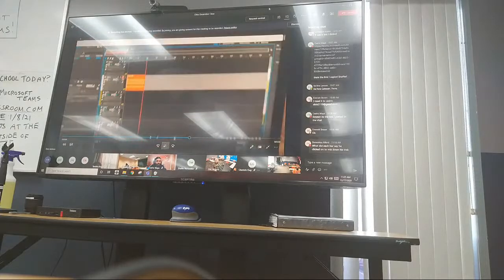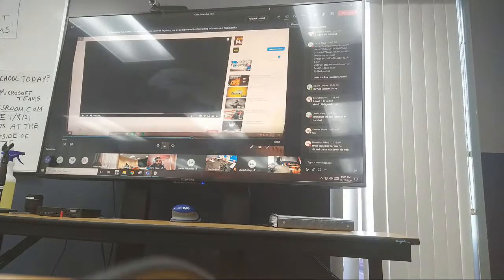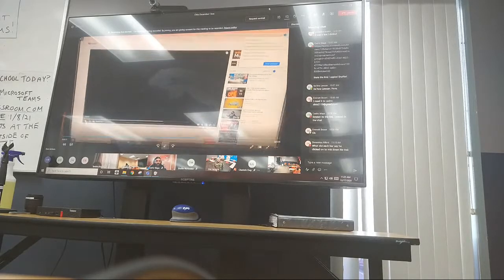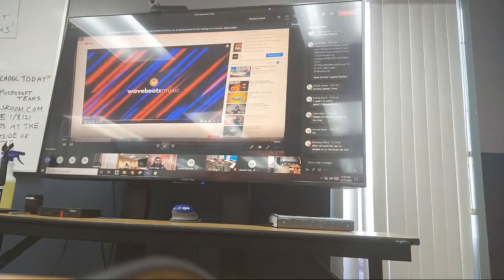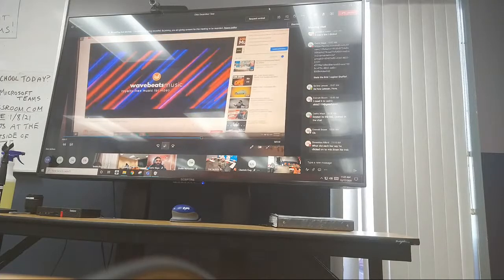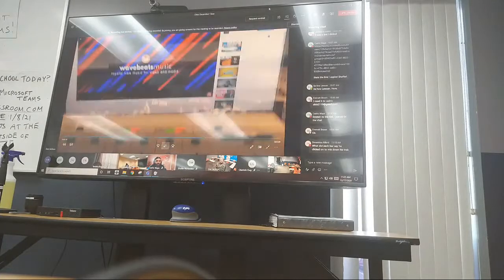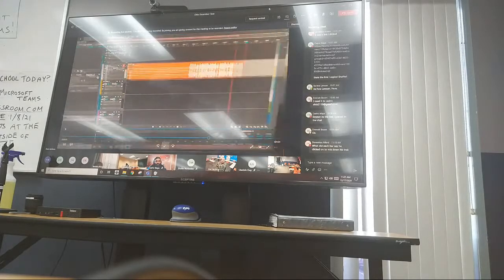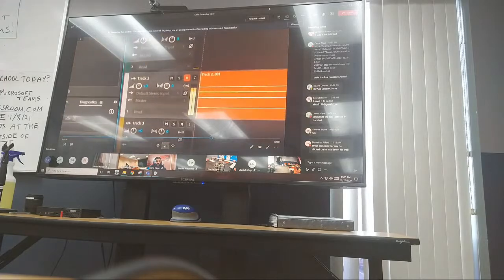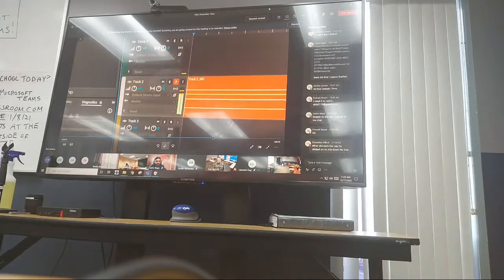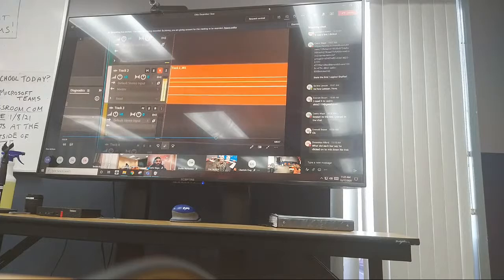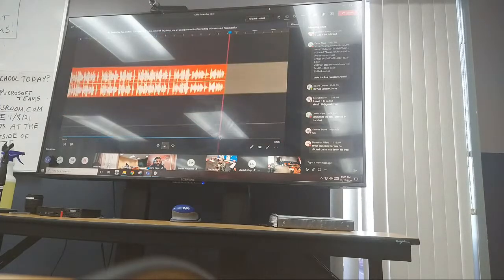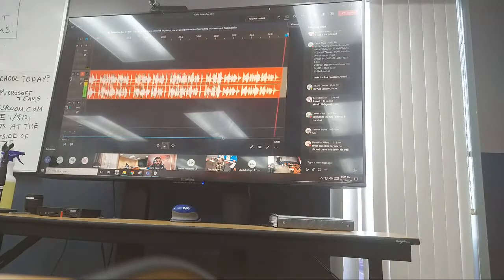You see the red record, that means it's ready. I click on record because that track is already set to record. I click on play. You can hear the music. You see your levels right there. A little hot, that's all right, we'll put it down a little bit. And you'll see the waveform being built. It's actually recording it and creating it in front of your eyes.